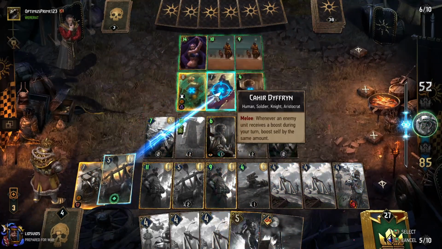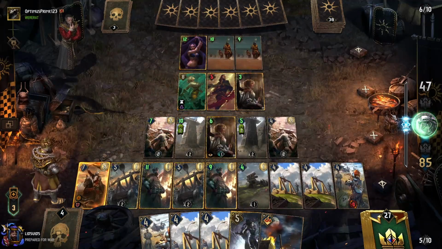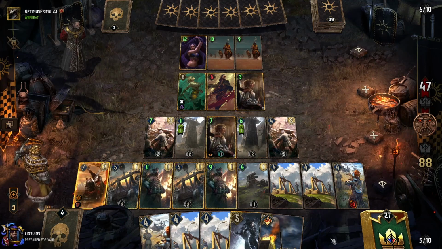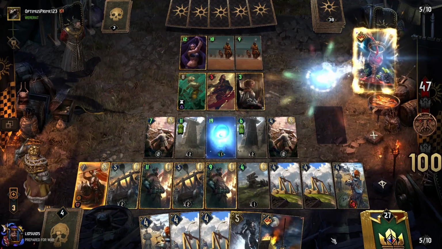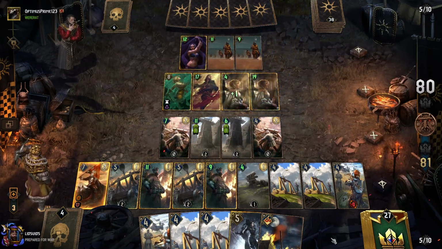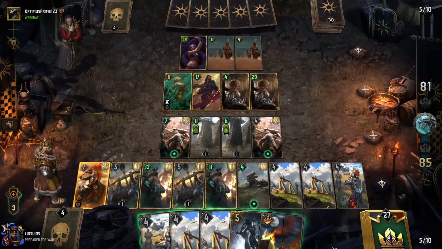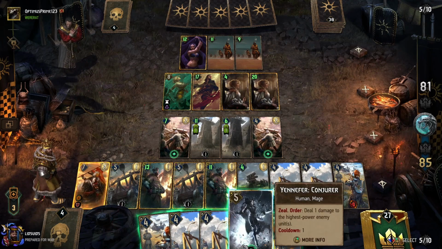Okay, and now I guess we'll hit Kahir. He could end up getting quite big and potentially tricky for us to remove, but if they don't boost him on their next turn, a bombardment could prove still to be quite effective. Sanreal. Very interesting. Clever play. So when she comes back, she gets purified this false series, so they don't suffer the downside of her getting destroyed from that infusion. So clever,